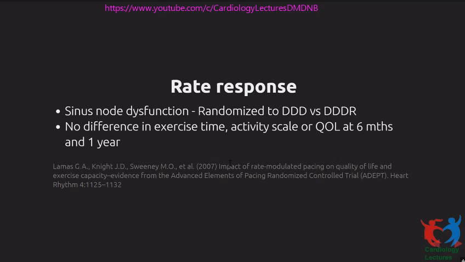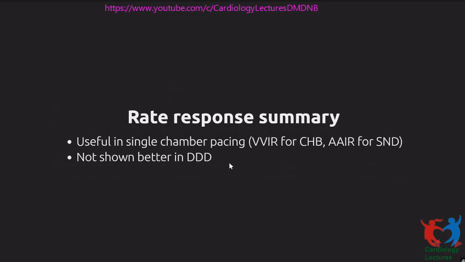If you're putting single chamber devices, like you're putting AAI for sinus node disease or VVI for CHB, definitely prefer a rate responsive device over non-rate responsive device. So especially if you put a VVI for CHB, clearly VVI-R has been shown to be superior to VVI in terms of effort tolerance. And actually, when you look at the DDD versus VVI trials, DDD is superior to VVI in heart block, but DDD has not been shown to be superior to VVI-R. So adding rate response in the ventricle for patients with complete heart block definitely is a big improvement. So always consider rate response when you put it in the ventricle.